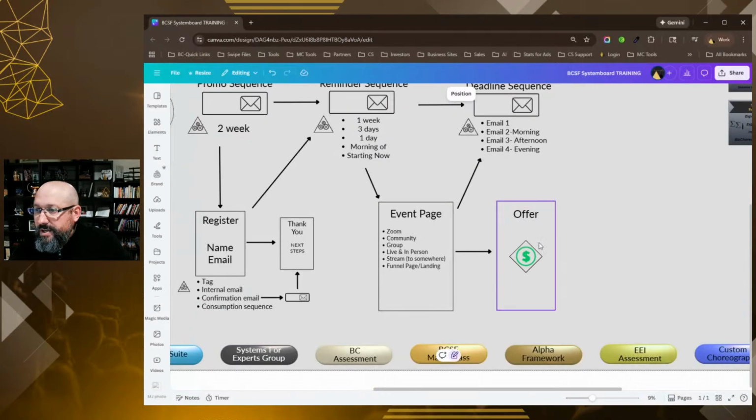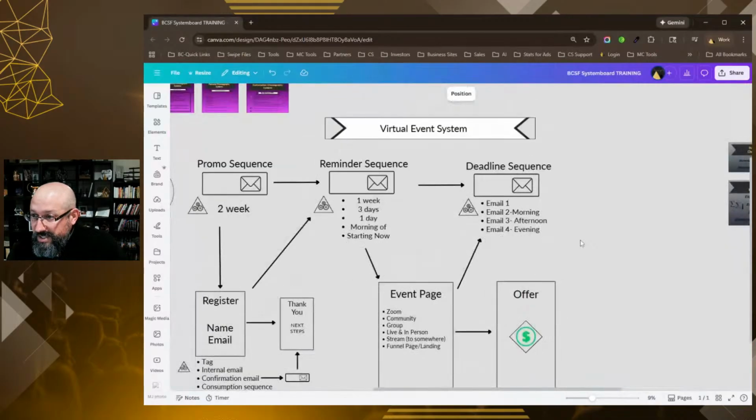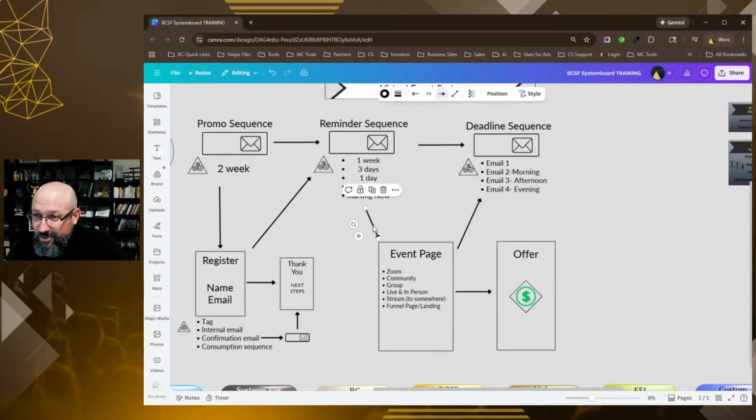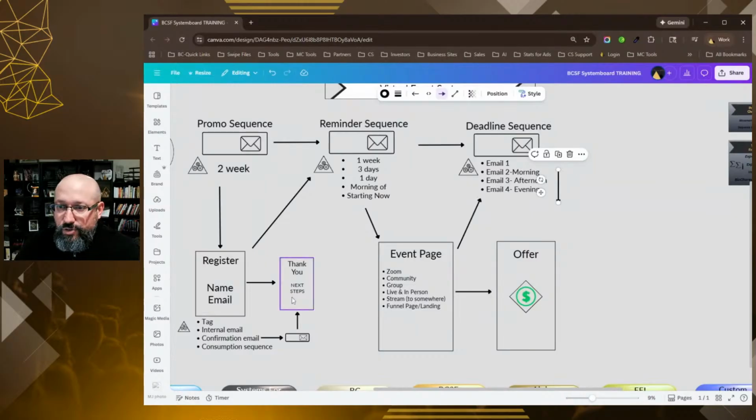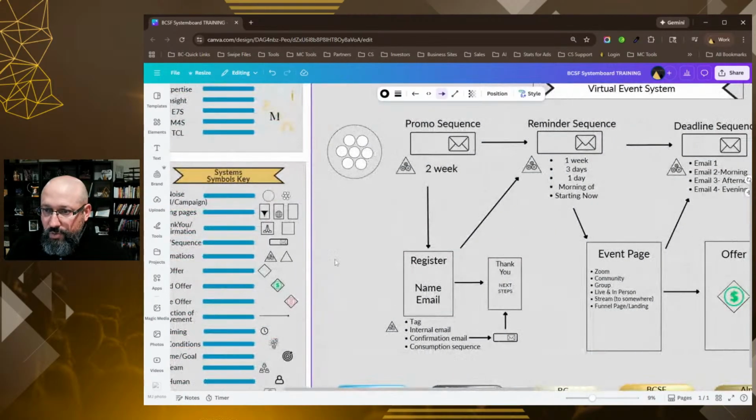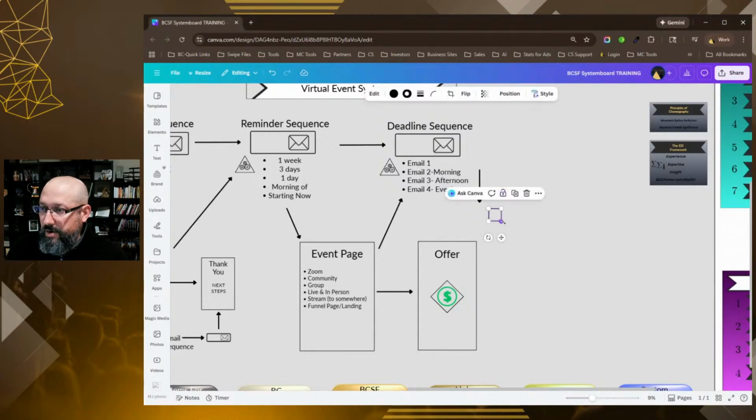All right, so here's where we do the offer. That's pretty cool. And here's the thing. Now, there's a little thing that you could do here. I don't mean it to sound bad, but a little small thing is probably a better word. So you could come in here like this, and in the deadline sequence, you could actually point to and potentially have a replay. So we're going to copy this here, put this over here, and we're going to say,